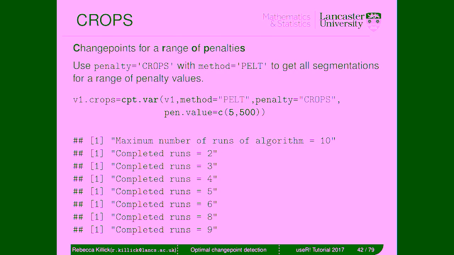So that sort of brought us to a new piece of work, which is called CROPS. This is essentially short for change points for a range of penalties. When you're using the PELT method, you can use the CROPS penalty, and you basically supply it with a minimum and a maximum penalty value, and it will find all of the change point segmentations in between